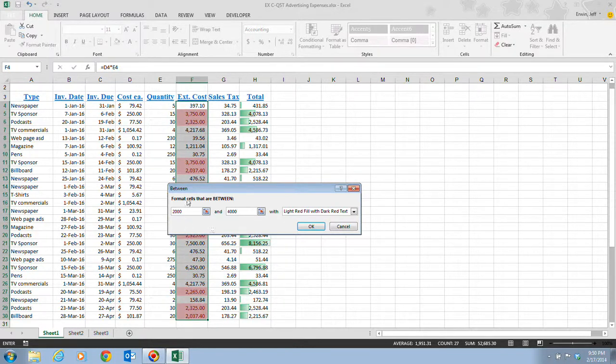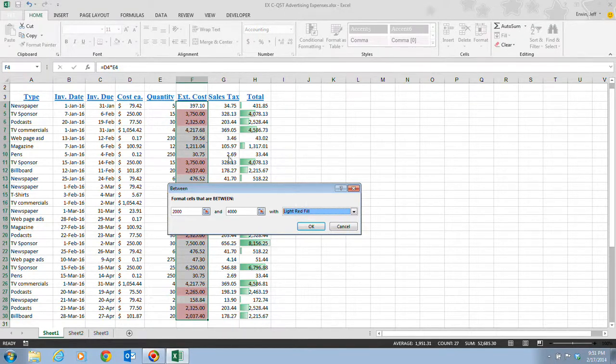What we want is any cells between 2000 and 4000 to be highlighted, but we don't want them highlighted with a light red fill with dark red text. We want to click on this and choose a light red fill. So we click on this,